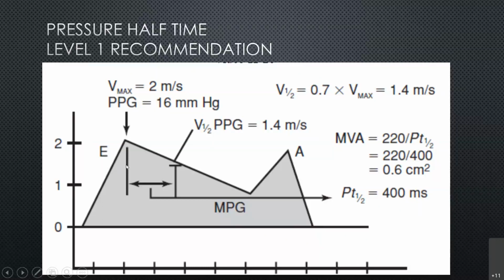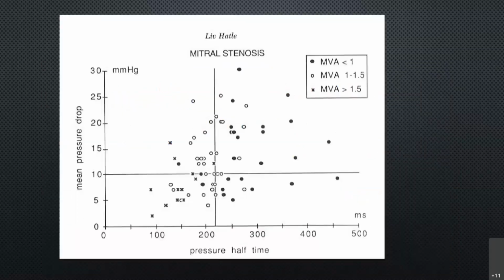So the time from this peak to 0.7 times the Vmax, this distance would be pressure half time. And the valve area, as I said, the math is very important. As your deceleration time and pressure half time are increasing, your valve area is decreasing. So you have to be cognizant. But remember, all this data comes from this publication,